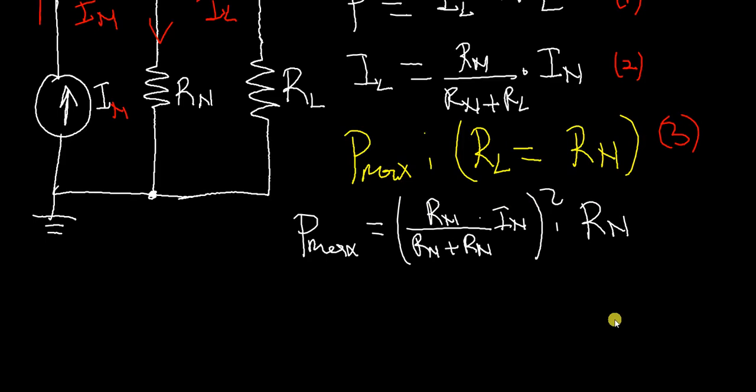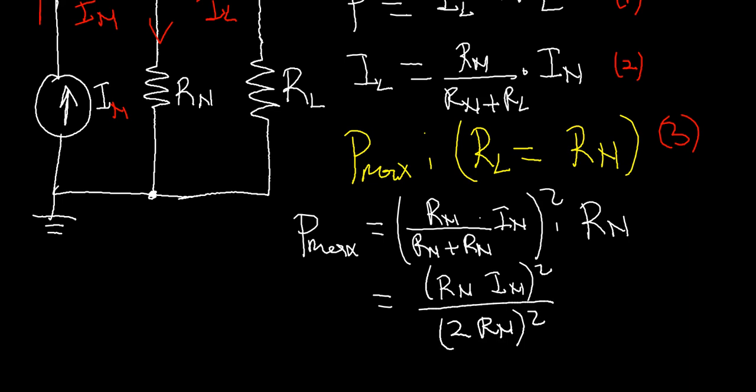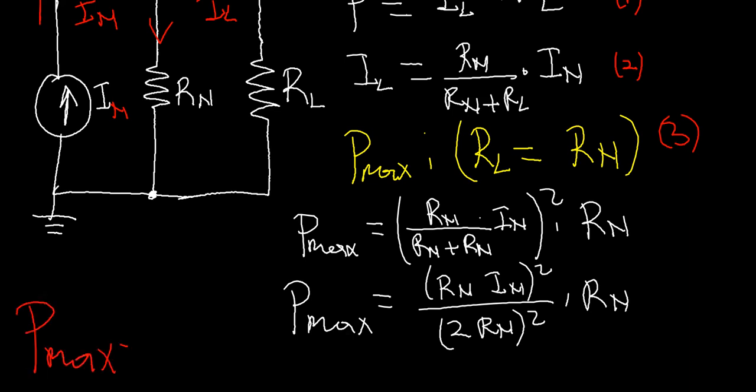Let us continue expanding this formula. We discover that here we will give R Norton times I Norton square on 2 R Norton square as well times R Norton. This is P max. When you continue expanding this formula, we discover that P max should be equal to